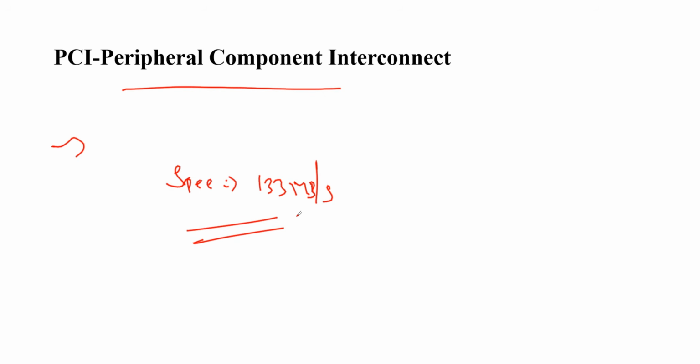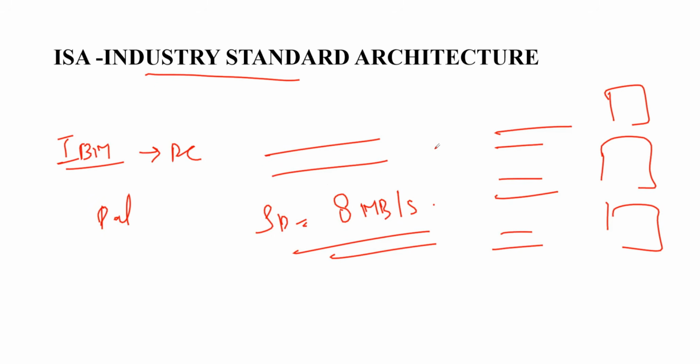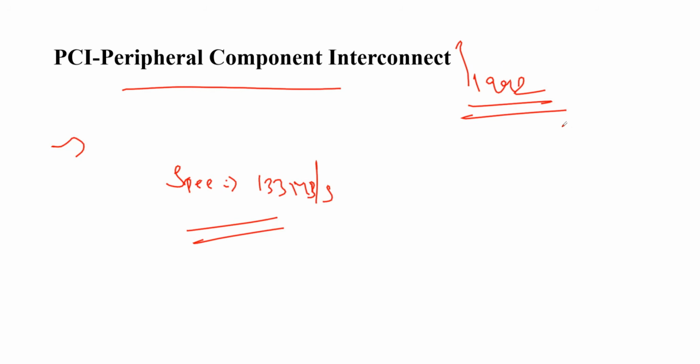So that is one of the important factors in PCI, which was introduced in 1992. Now here, multiple devices still share the same bus. Like in the previous one, where multiple devices were sharing the same bus, here too multiple devices are sharing the same bus, which leads to a problem: as more devices